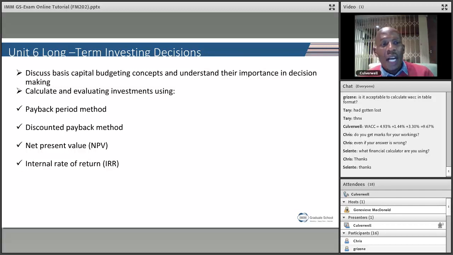I'll then move on to the discounted payback method. Your discounted payback method was trying to find a solution to one of the weaknesses that the payback method has, which is that it ignores the concept of time value of money. So what it does, instead of using the absolute expected figures given, you need to discount those cash flows first to today. Meaning you calculate the present value of a cash flow in year 1, bring it back by 1 year. The one you're expecting in 2 years' time, bring it back by 2 years. The one you're expecting in 3 years' time, bring it back by 3 years,